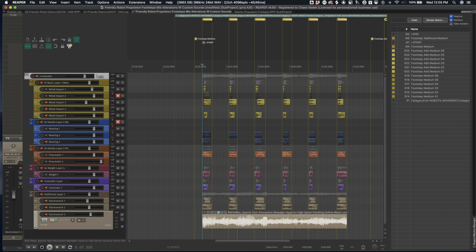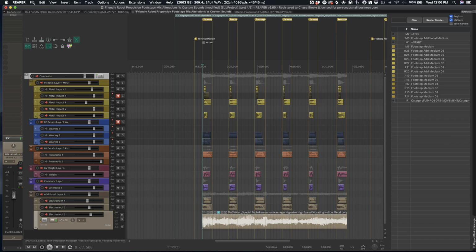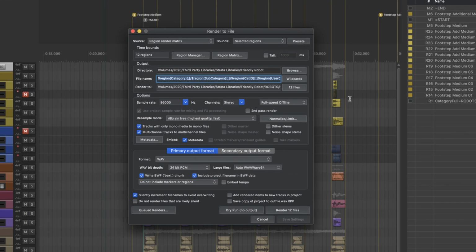Again, this is more or less a reminder or an abbreviation. I spend a lot of time talking about the rendering and metadata and using the UCS in a different video. So if I'm glossing over it, just understand that I actually do take a separate significant amount of time to do a better explanation of using this render function inside of Reaper. So the first thing I'm going to do is go up to File and then Render, which I already had that window open, I guess.